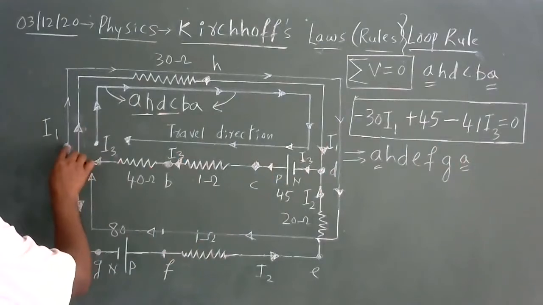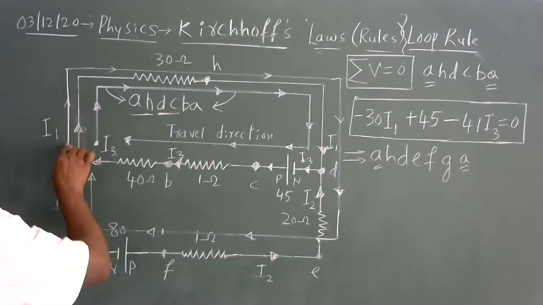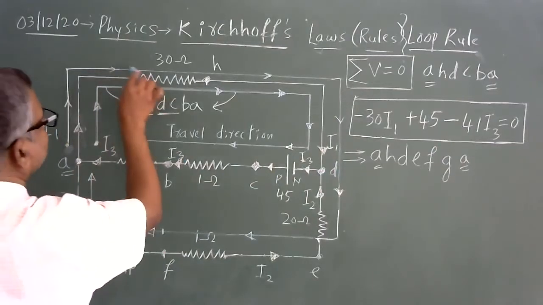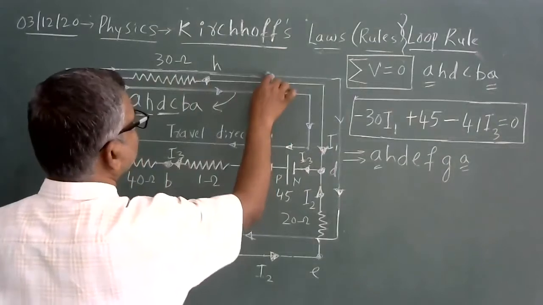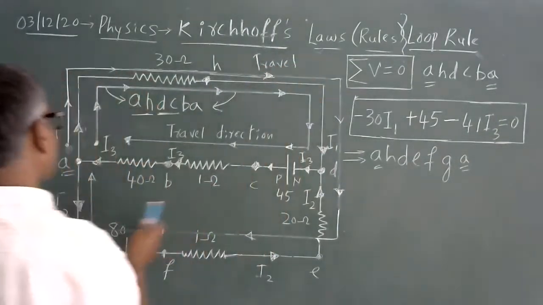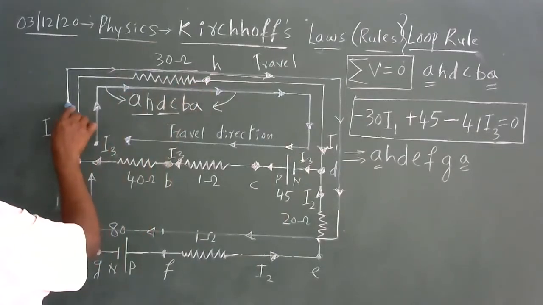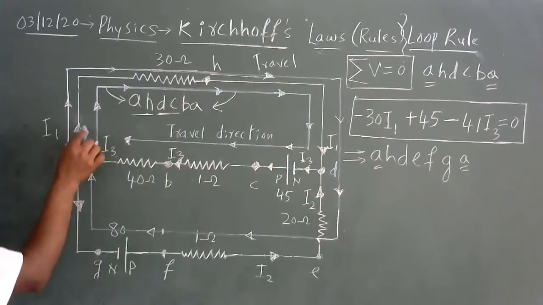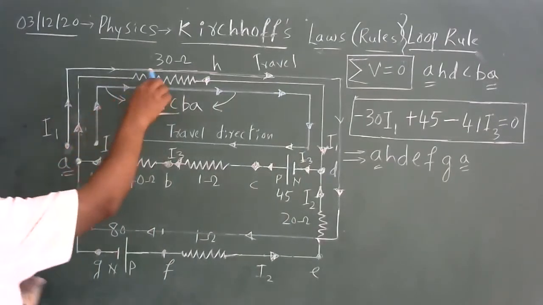This is the arrow mark. I have already drawn the arrow mark. This is the path. If you start from A, this arrow mark is called the travel direction. You are traveling in this path. When you move from A to H, the same current is flowing. This is the direction of current, this is I1, and this is the travel direction. Both are the same. Hence the product is minus